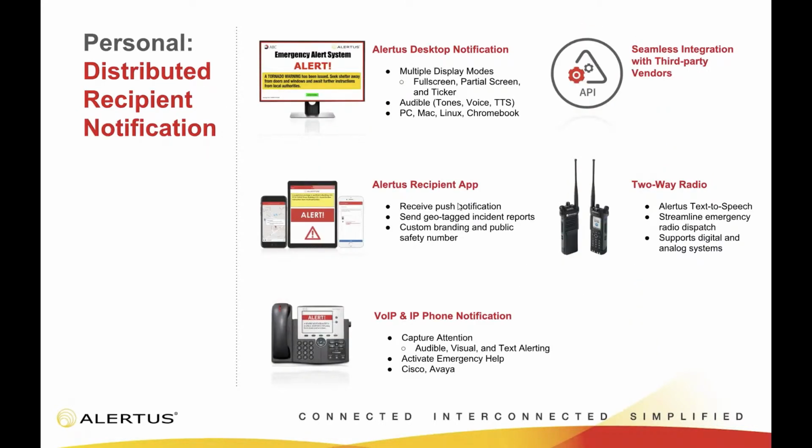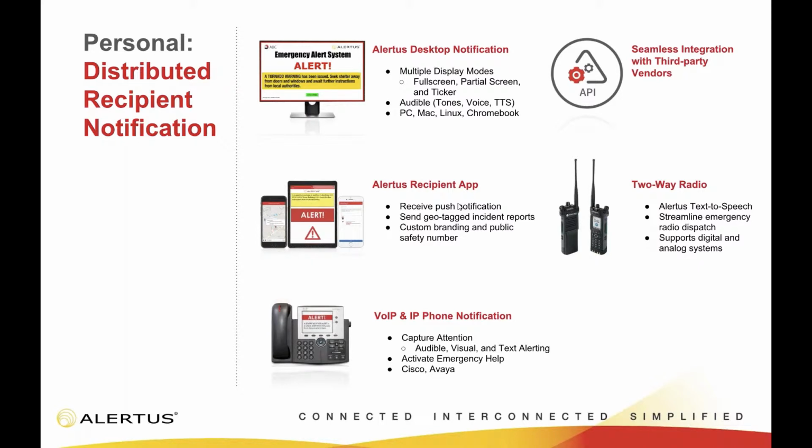But as we go forward, outside of just approaching people or notifying people in an audible manner outdoors and indoors, we also have a personal alerting system that you have the ability to utilize with our system. So the main focus with what we do indoors is going to be tying into existing technology, and you'll see the main options here with desktop notification and IP phones. Now, again, every campground is going to be a little different. Some are not going to have desktops, some are not even going to have IP phones.